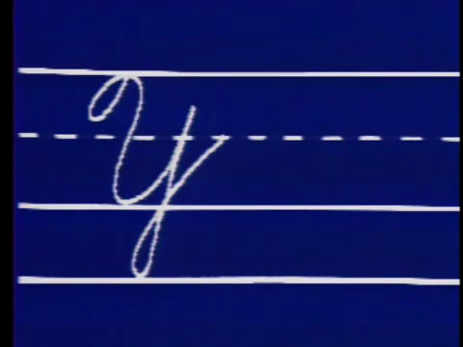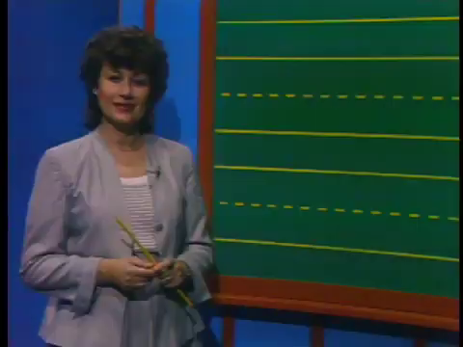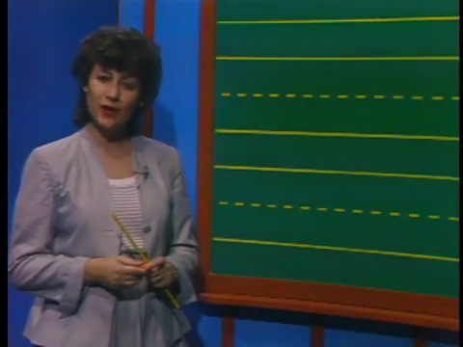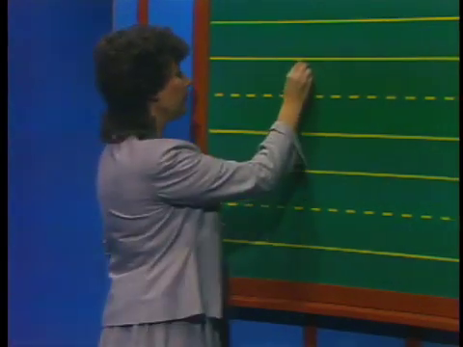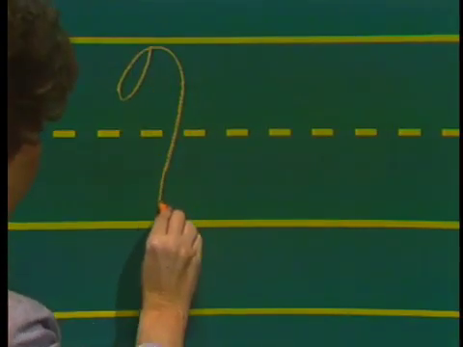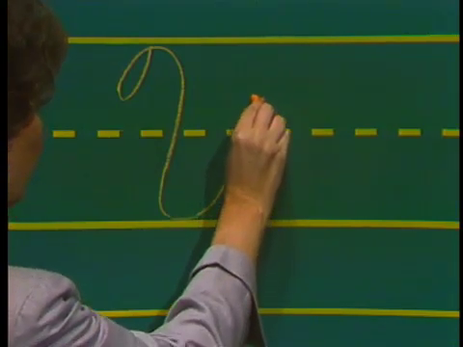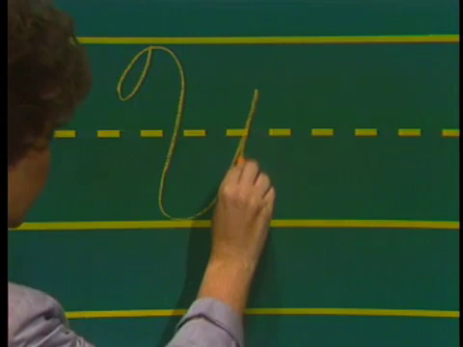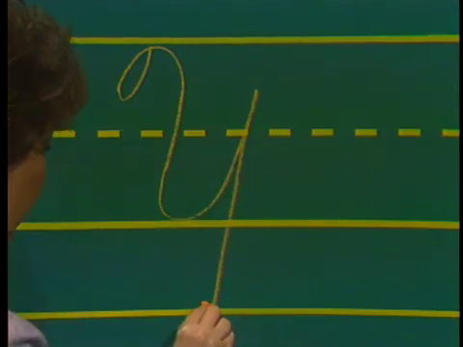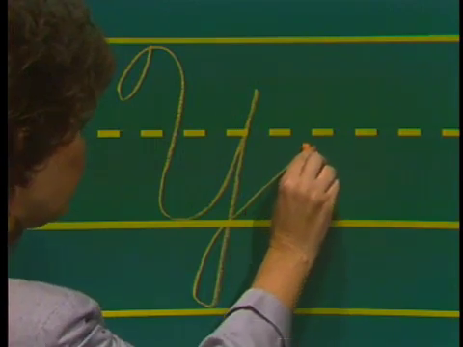Let's look at it again. Vertical loop, slant, undercurve, slant, and overcurve for the finish. Now watch as I make the capital letter Y on the board. Beginning with the cane stroke, come down to the baseline, then an undercurve at the baseline, come up halfway between the midline and the headline, then slant to the descender, and loop, closing at the baseline, continuing up to the